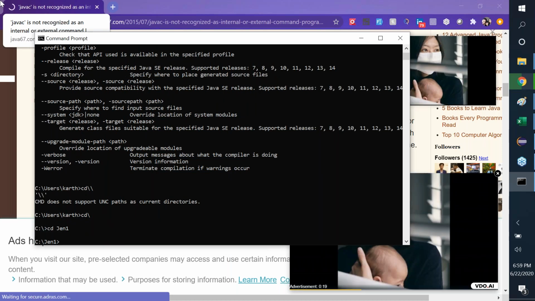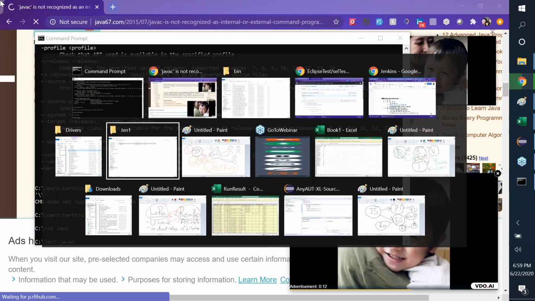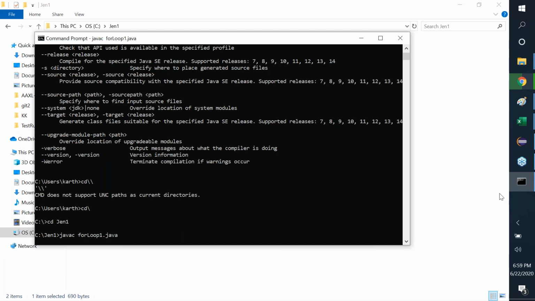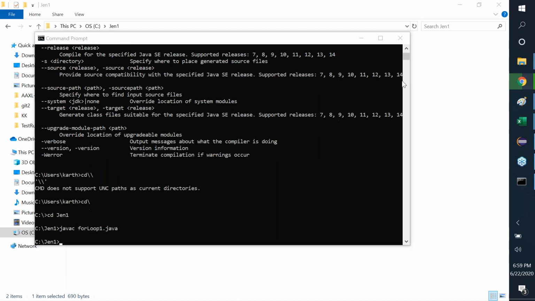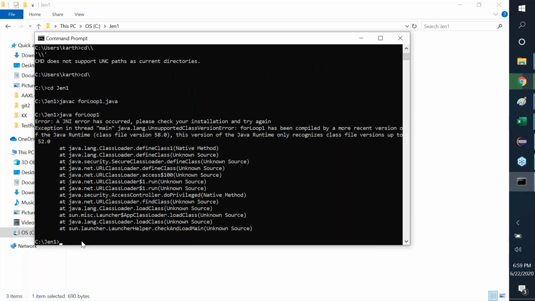Now javac. What was the name of that? forloop1.java. So it basically would compile the program for us. And now we are executing java, executing the class that gets generated. java forloop1. Oh,